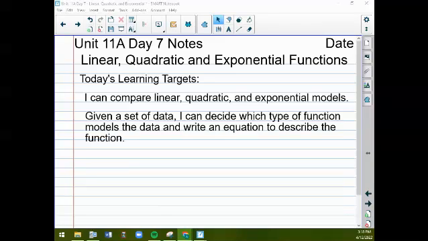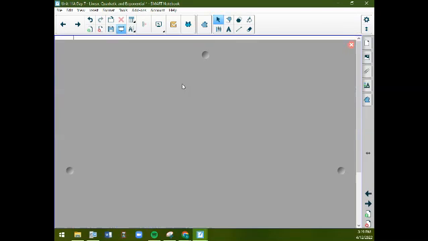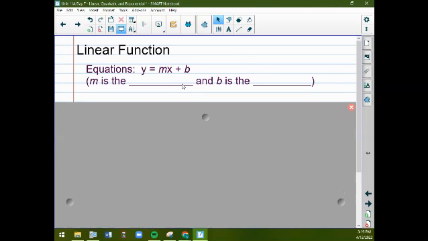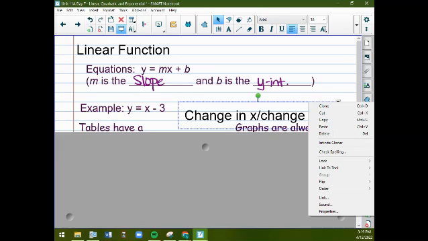All right, so today we are talking about the difference between linear, quadratic, and exponential functions. First off, we're going to talk about a linear function. Remember, the equation is y equals mx plus b, where m is the slope and b is the y-intercept, right? So if I've got an example where y equals x minus 3,